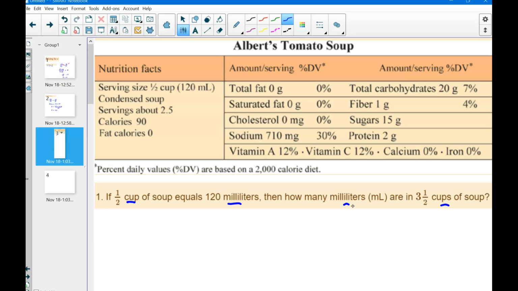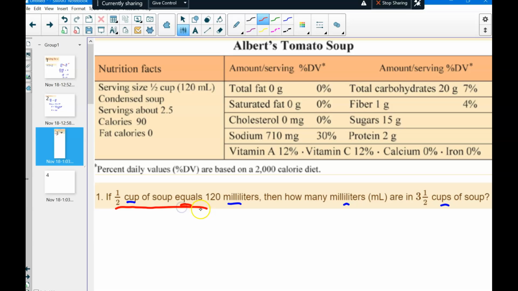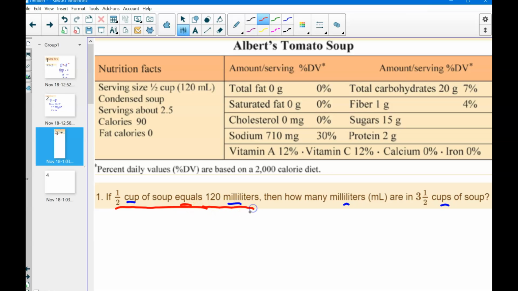So we have 1/2 cup is 120 mils. This is what I call the equivalent statement right here. 1/2 cup equals, and it even says the word equal in here, so that equals 120 mils. So I'll write it down just like that. So 1/2 cup